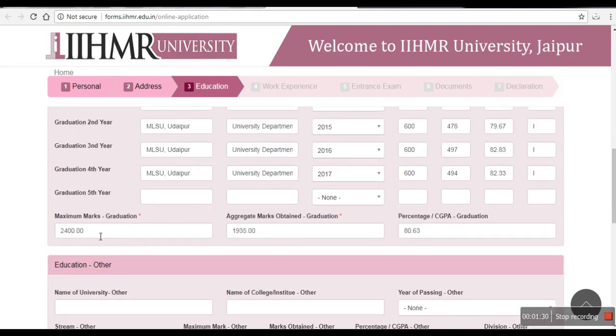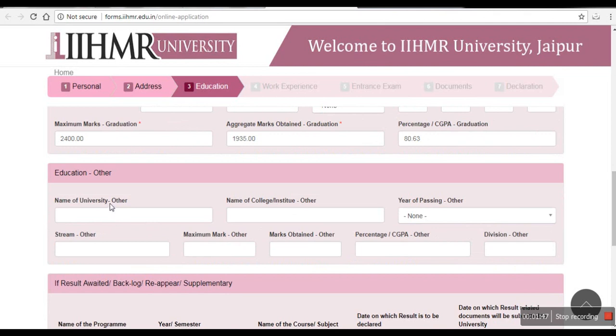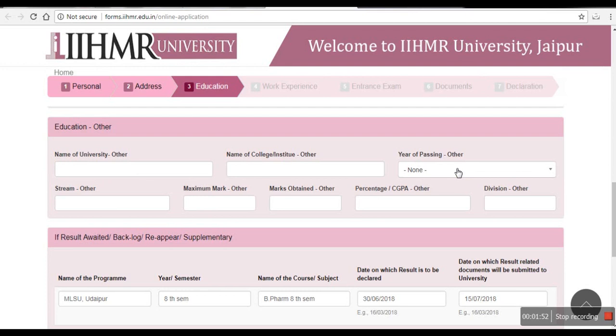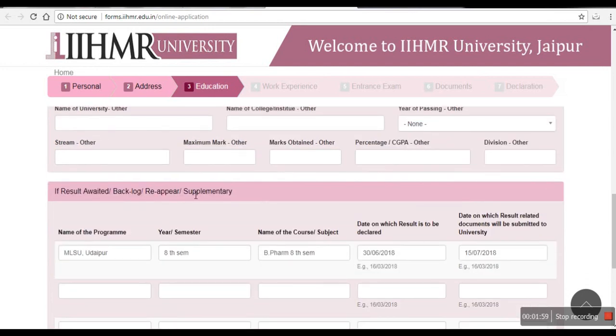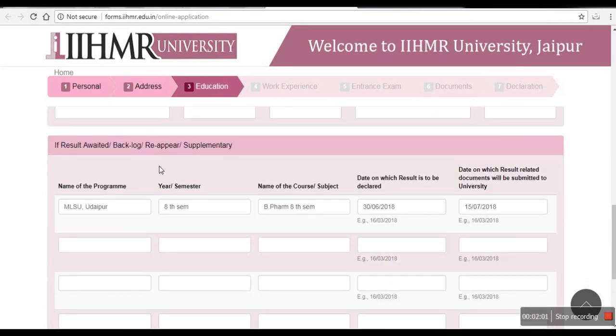Total marks and aggregate marks are calculated automatically, and the good thing is that some students get their marks in percentage, some in CGPA, so it is automatically calculated in both. If you have other education, you can fill it, and I do not have any. If you do not have any other educational qualification, you remain blank. And if your result is awaited, or you have a backlog, or a supplementary examination,